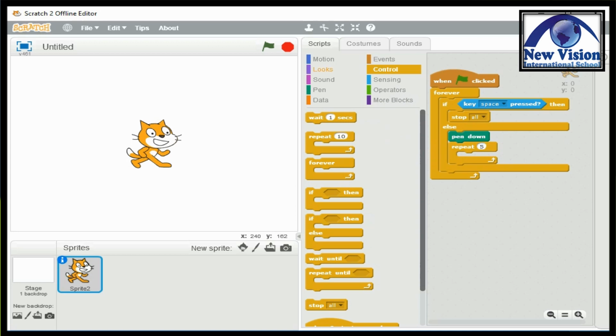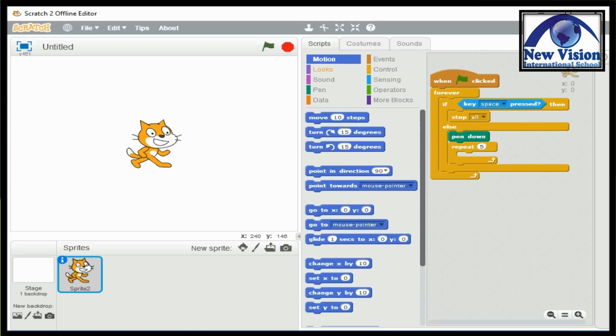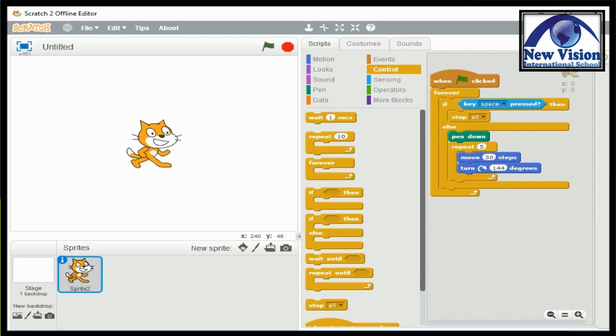Next is you will go to Motion, then drag Move Steps Forward, change it into 30, then drag Turn to the right, change it into 144, then proceed to Control, then drag Wait Seconds, change it into 0.25,